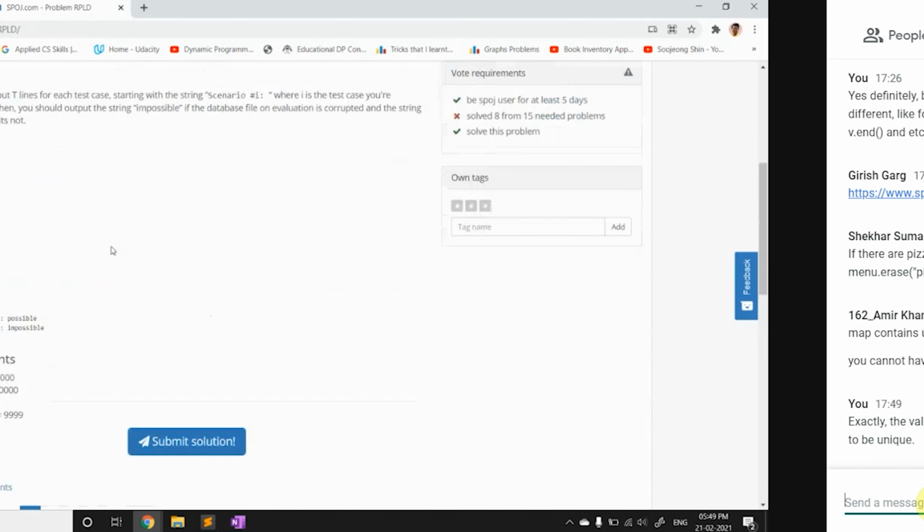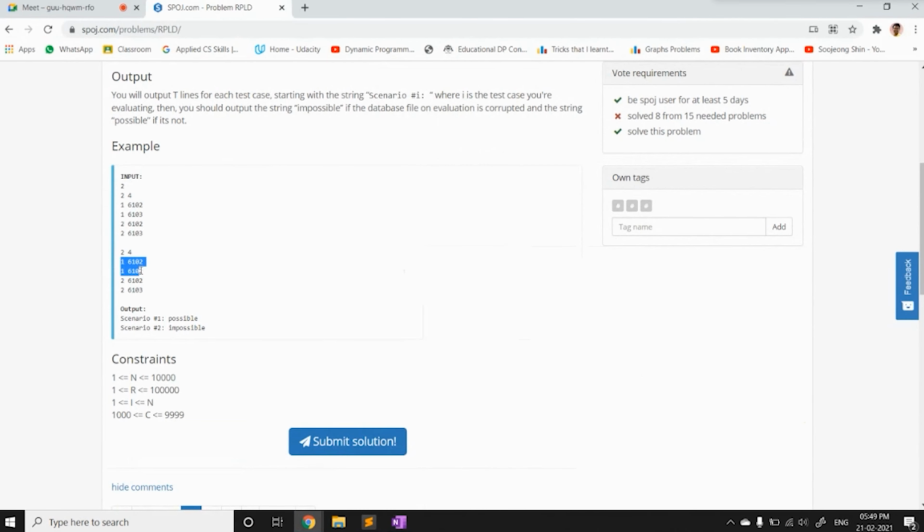So it may happen that the hackers did something mischievous, and now this particular student number 1 is studying the same subject twice. We just need to tell if a particular database is correct or not. If it's correct, we need to print possible, and if it's not correct, we need to print impossible.